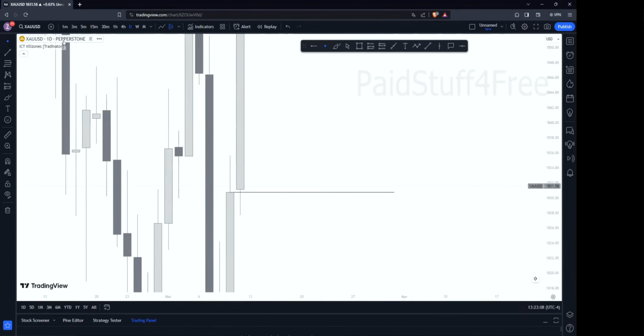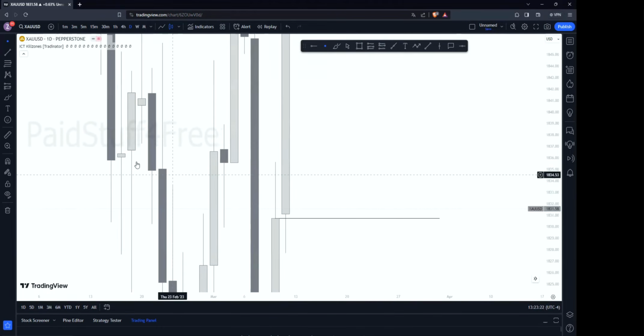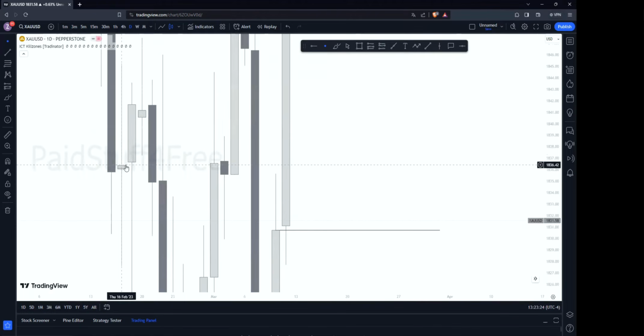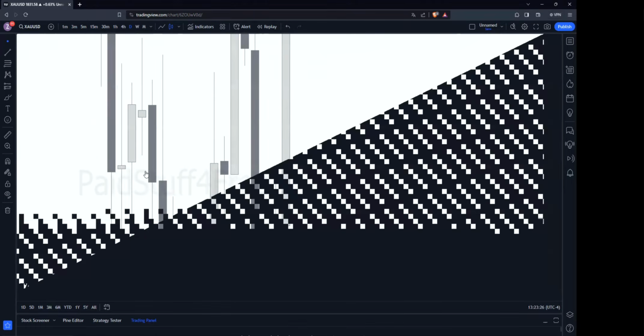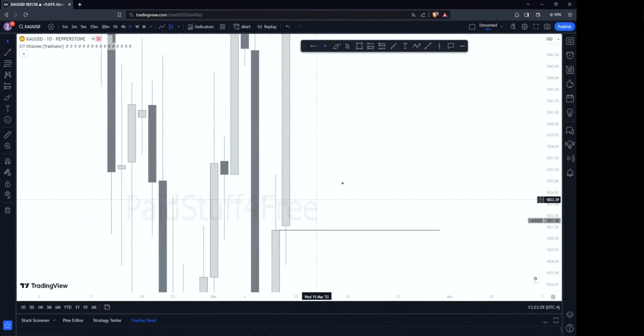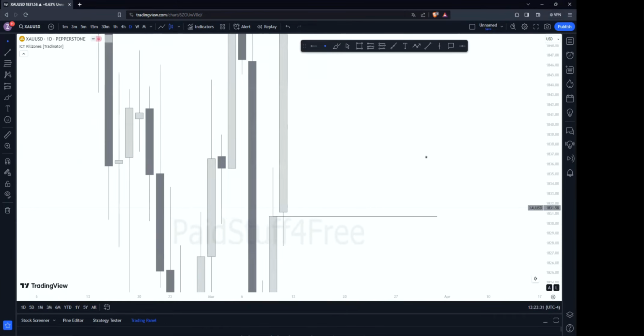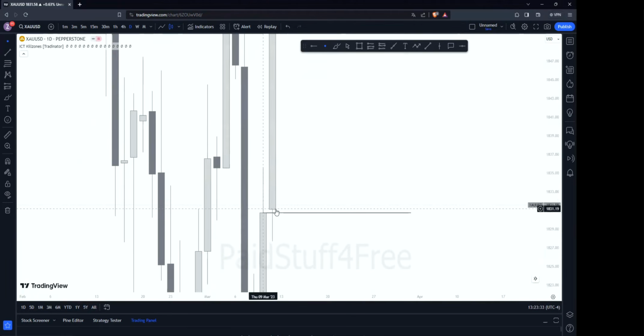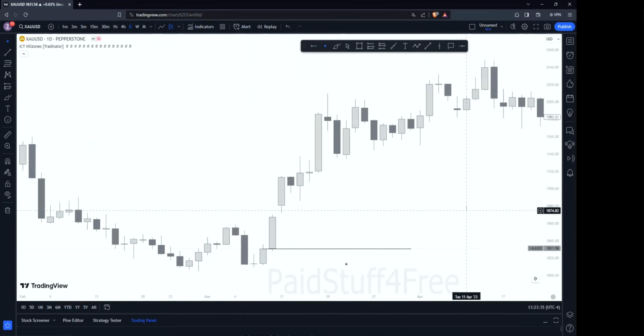Basically, always use Pepperstone for analyzing gold. Pepperstone is the way to always analyze gold. It's the most accurate. These gaps are real price gaps. When you go to forex.com or Oanda, these brokers just fill these gaps with random price, so that's not really the real price. So sometimes a storyline starts here. Let me show you an example.